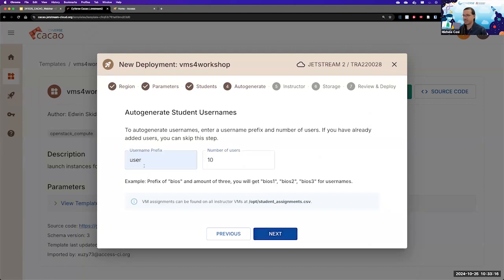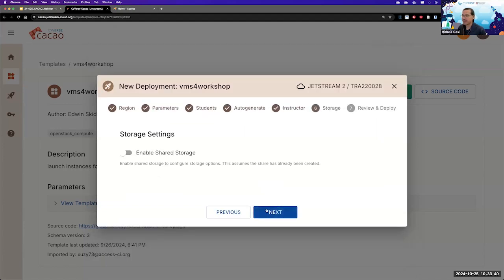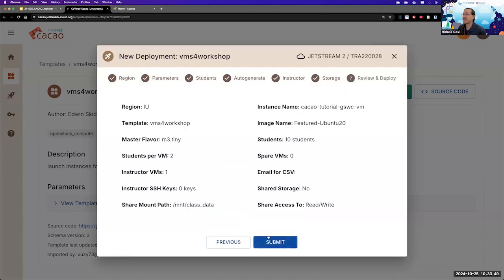So this will create usernames such as user1, user2, all the way to user10. I'm gonna click next. So here is where you can add your own private SSH keys, unless you have already added it earlier to your credential list. You can add it here in case you didn't do it. I'm going to click next. You can enable shared storage, which has saved us multiple times in the past with all the data that we had made. Next, and submit.